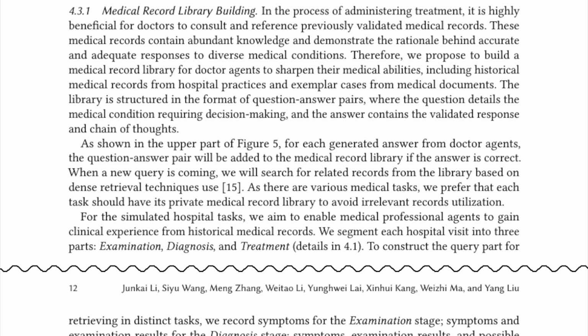The library is structured in the format of question-answer pairs, where the question details the medical condition requiring decision-making and the answer contains the validated response and chain of thoughts. As shown in the upper part of Figure 5, for each generated answer from doctor agents, the question-answer pair will be added to the medical record library if the answer is correct. When a new query is coming, we will search for related records from the library based on dense retrieval techniques. As there are various medical tasks, we prefer that each task should have its private medical record library to